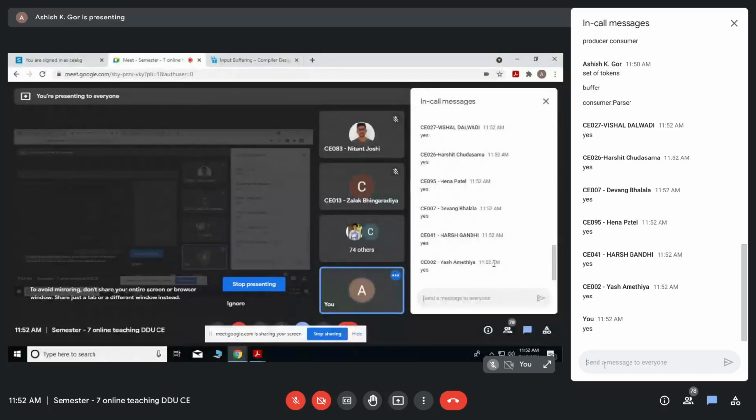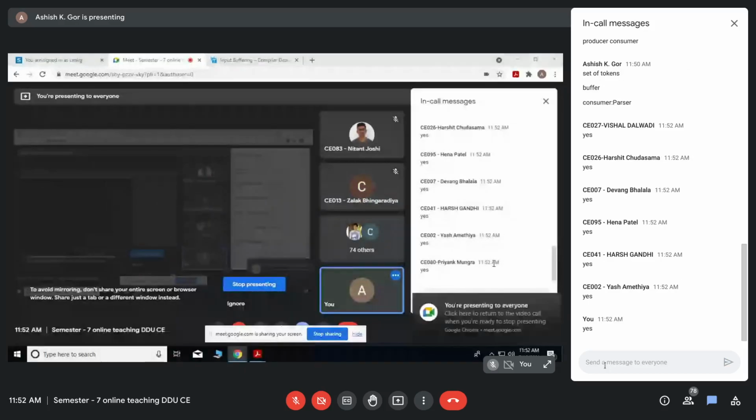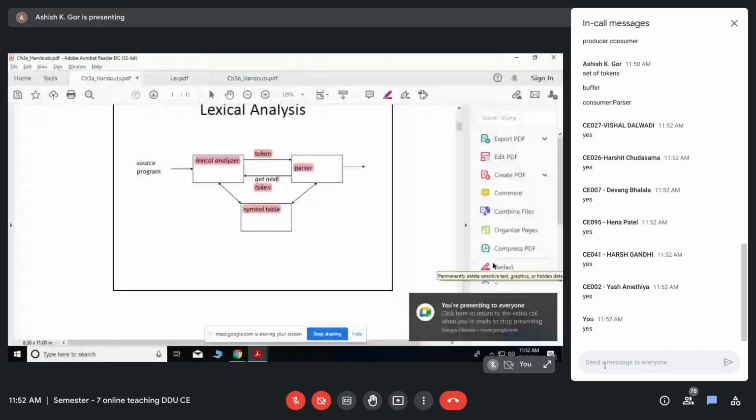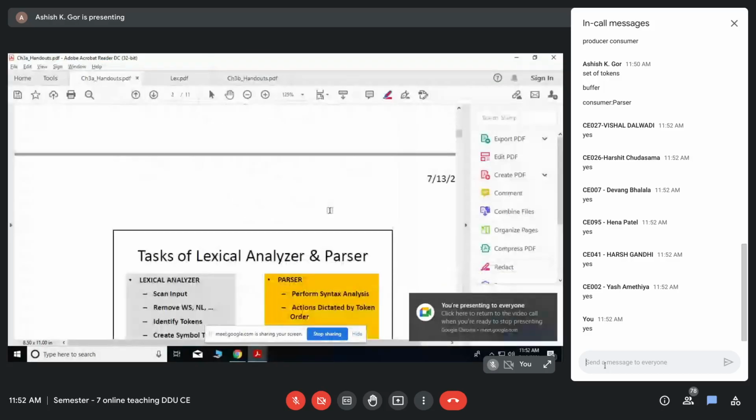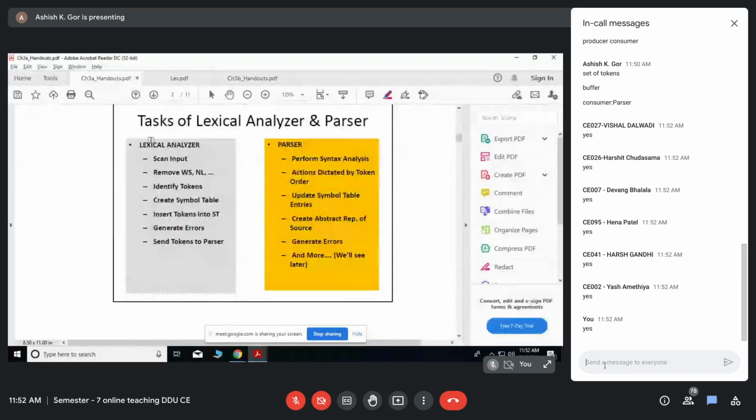So now, what are the tasks of the lexical analyzer and parser? There are various tasks that the lexical analyzer is performing. Somebody says it's just a scanner. You can say yes, it is a scanner. It scans the input and creates the tokens. In that sense, it is a scanner-like thing.